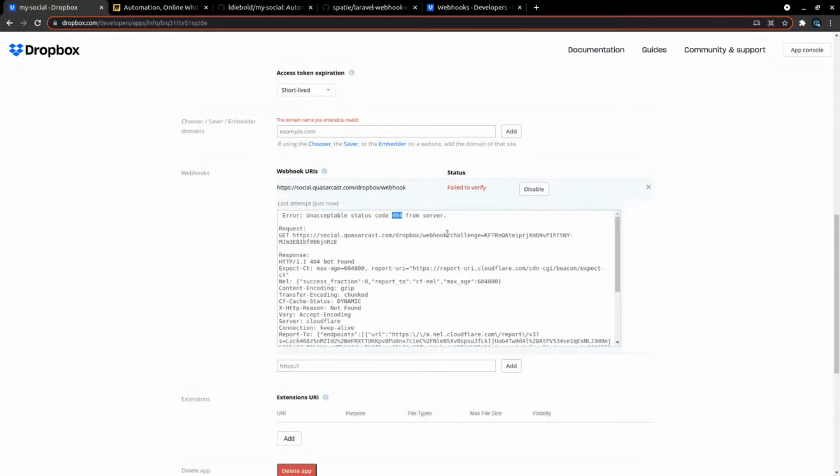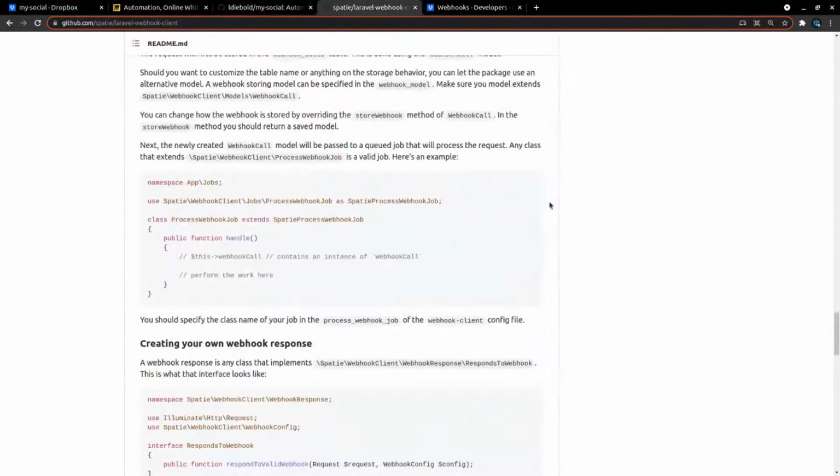Dropbox/webhook. It's doing a GET request? Oh, that initial request is a GET request. Ah, okay. Whereas I'm pretty sure that I read in the docs that Spatie's webhook package uses a POST request behind the scenes. Bugger.